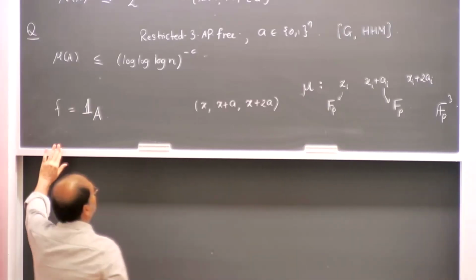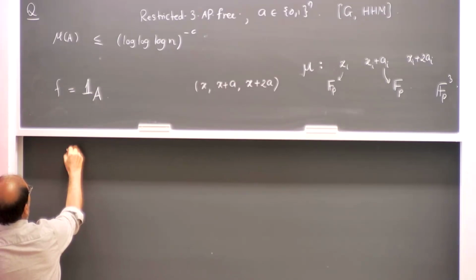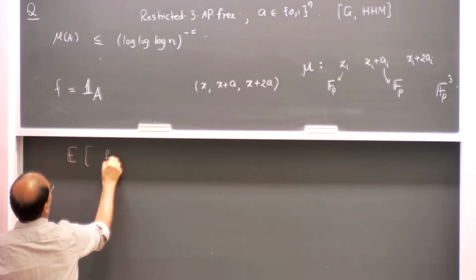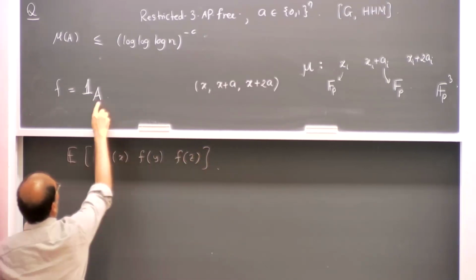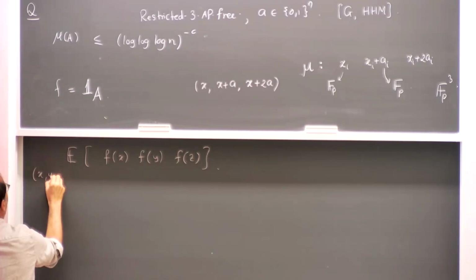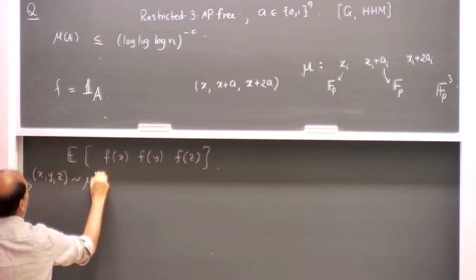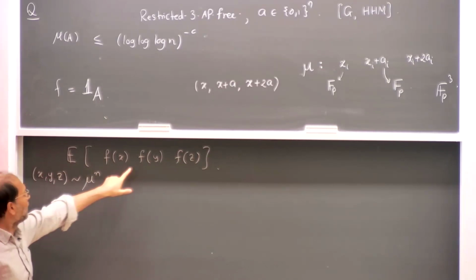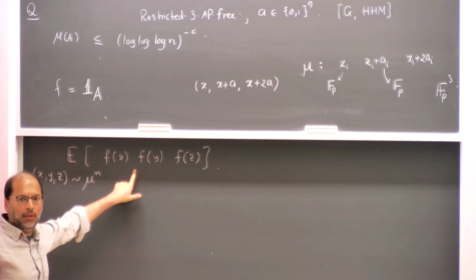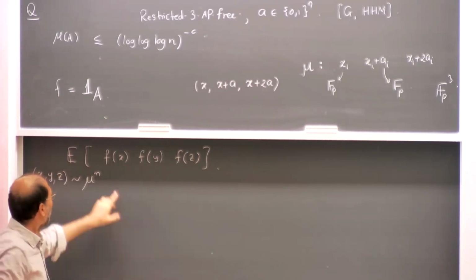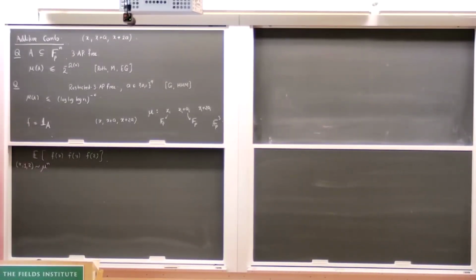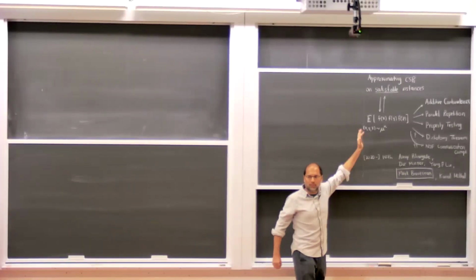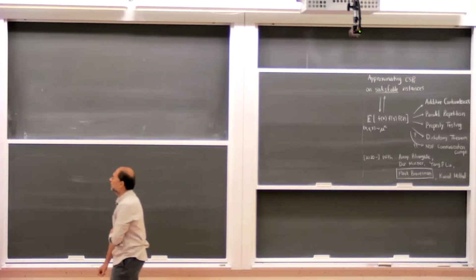And you would like to analyze the following quantity: the expected value of f(x) f(y) f(z), where f is the indicator of the set. So if I pick a random AP according to this distribution, this is exactly the fraction of the APs which fall into that set. Okay, and now you can naturally see how these expectations arise. Certainly from this additive combinatorics question, but from our perspective, they arose quite naturally from studying CSPs.